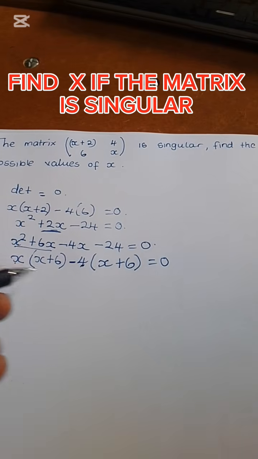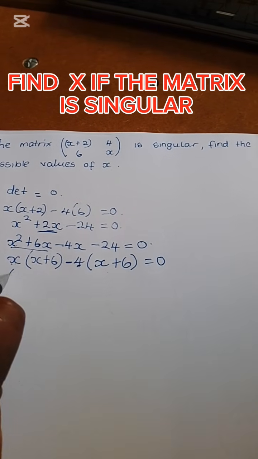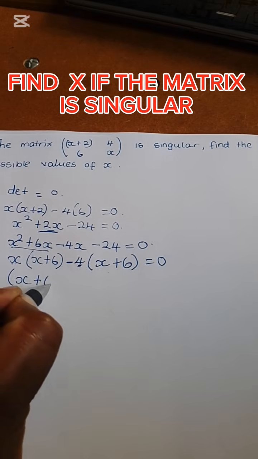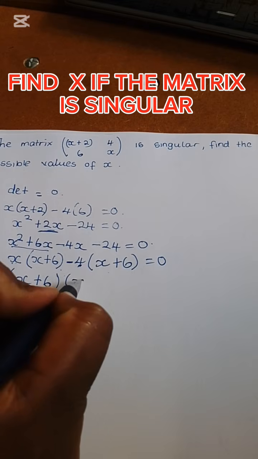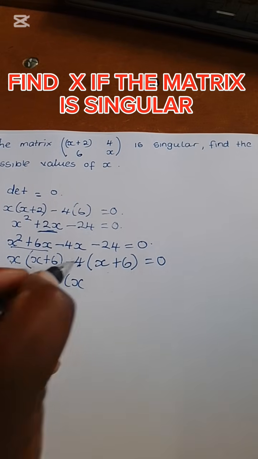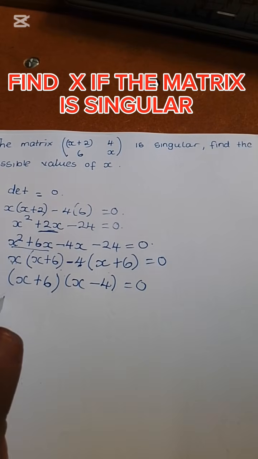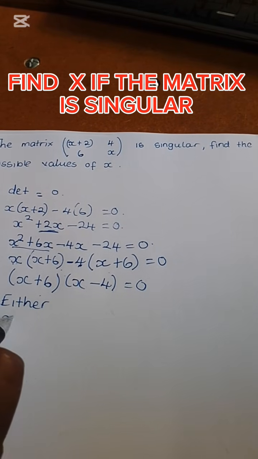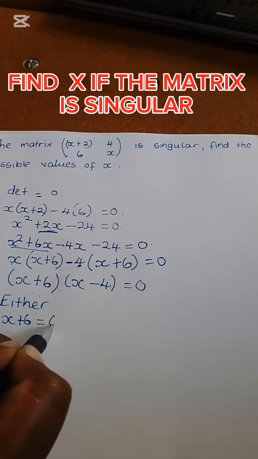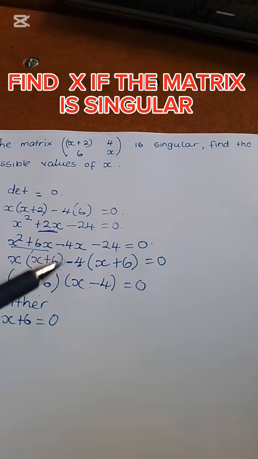Right? So we are now solving for x. We now have a common factor there, x plus 6. Into this, these two cancel each other. We now have x minus 4 is equal to 0. So either x plus 6 is equal to 0. Why? If we have two numbers multiplying each other and the product is